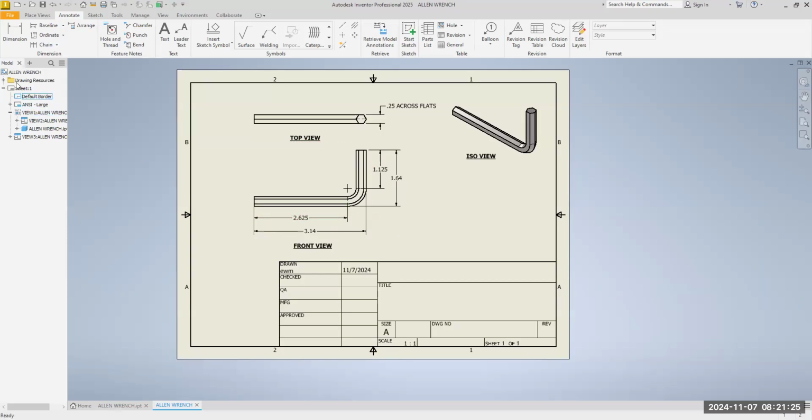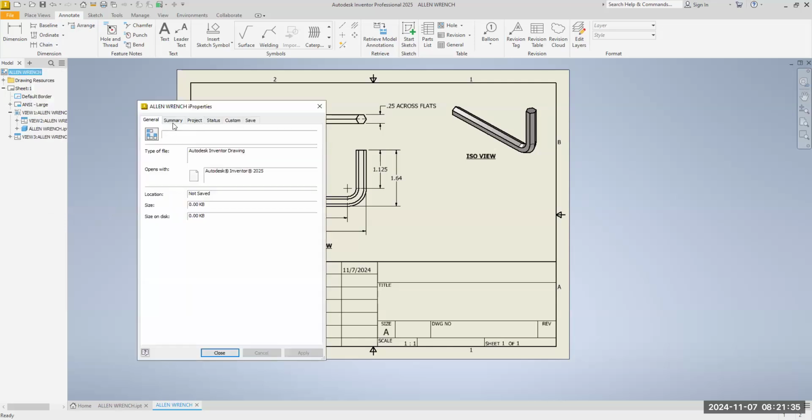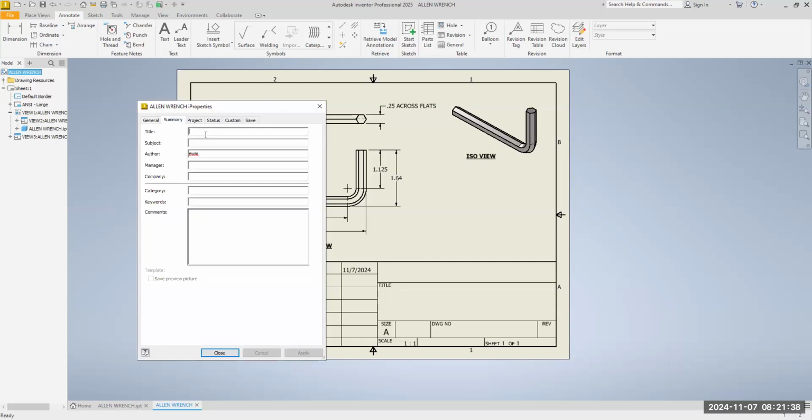So come over here to the browser. Here's the file name. Do a right click on that. Go down to iProperties. And here we are. Go to summary. The title of this, we're just going to call it Allen wrench. And the subject is CAD 140. Technical, you don't need to put technical drawing, that's what it is. The author is your last name,